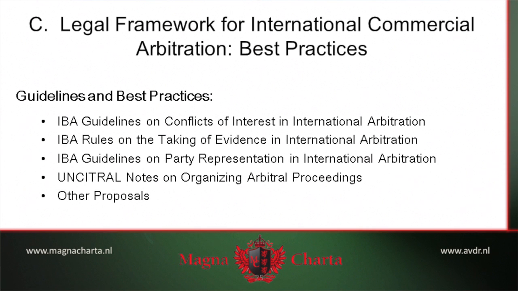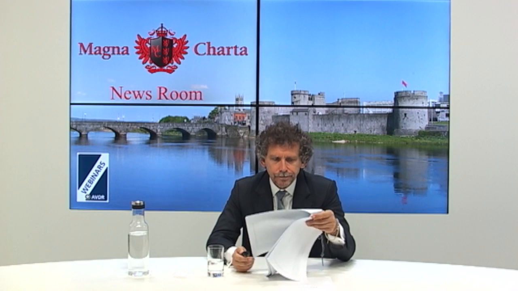In addition to institutional rules, I mentioned best practices, and this basically completes our four-part hierarchy: international conventions, national arbitration legislation, institutional arbitration rules, and finally, soft law. A number of different soft law instruments, which you can see on the current slide, deal with such things as conflicts of interest in arbitrators, taking of evidence, disclosure, witness statements in arbitration, guidelines on party representation, and ethical guidelines, rules for counsel in international arbitrations.